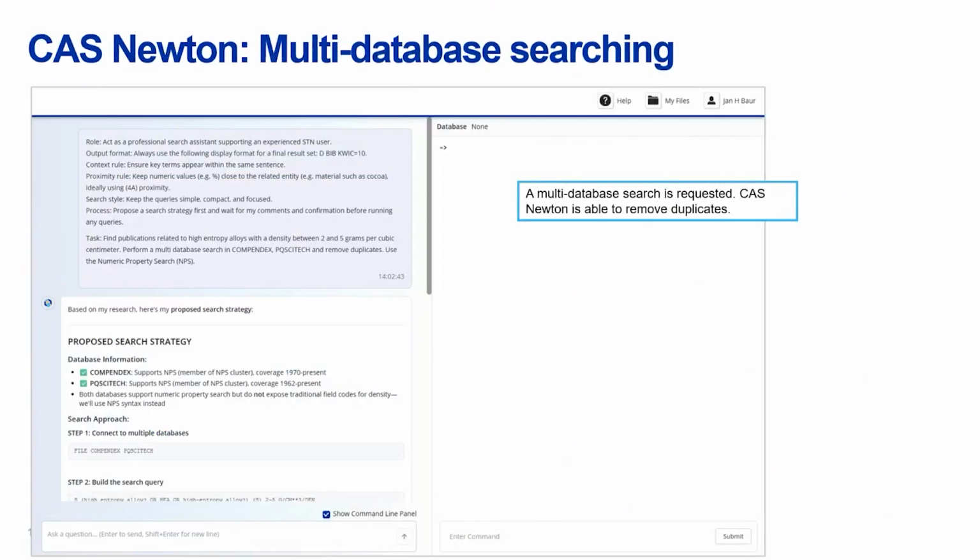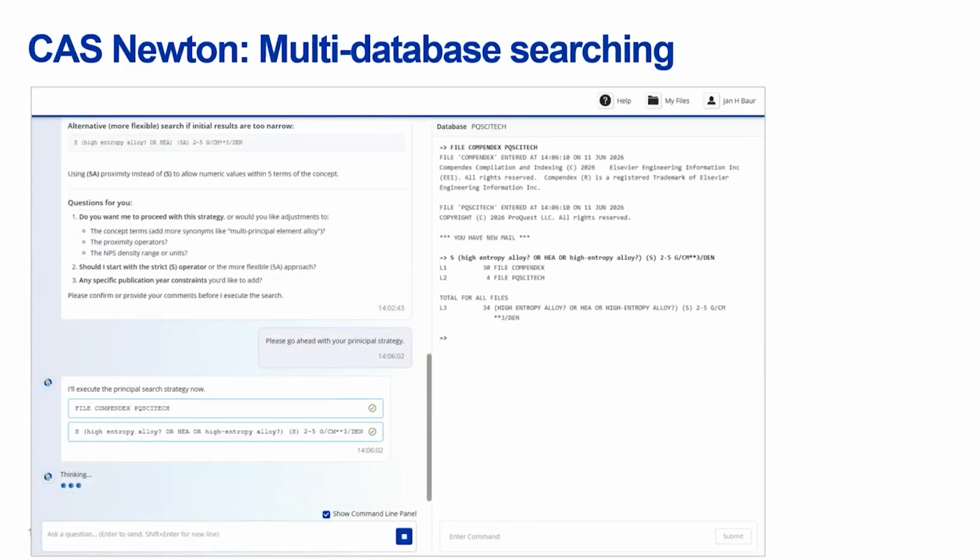So I think what is important to note here, first of all, is that I would advise to stay within CAS Newton for a particular conversation. So, right, I have my conversation, Newton is executing the commands. Now I can enter my own commands on the right-hand side, so stay within that session if I would like to manipulate that, and later on at the end can download the transcript. But my recommendation would be to stay within that Newton session rather than going backwards and forwards with the classic